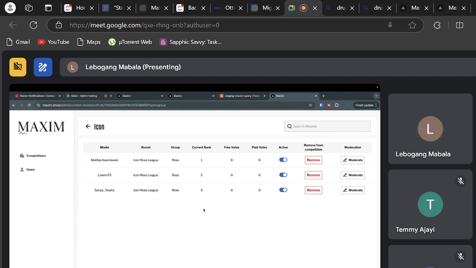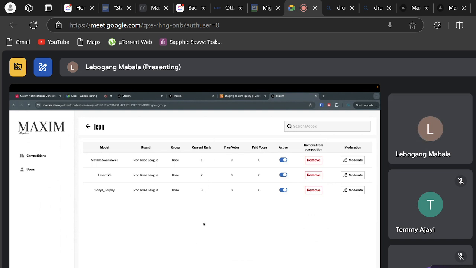Oh, but I don't have a way to see it from all groups. Is this a rank in the group or rank in the competition? Rank in the group. You're always ranked by the group that you're in, never by the competition. Okay, so if I have 1, 2, 3 in each group, when they get merged, then you will have more, right? Yeah. So I can have two twos, more than three contestants. Yes, you can. So when they get merged, you see.